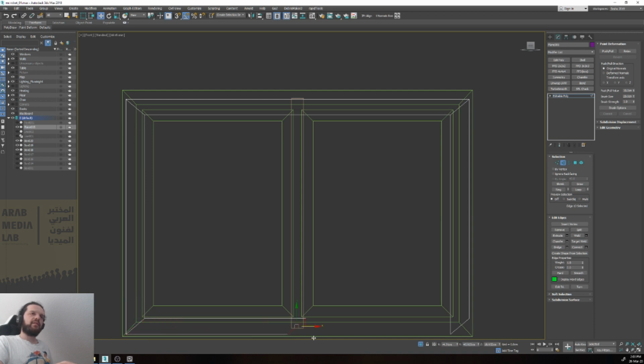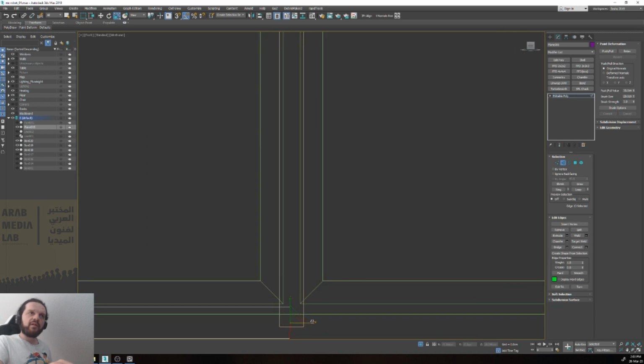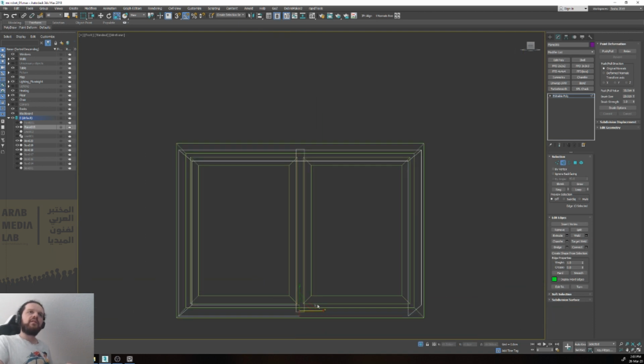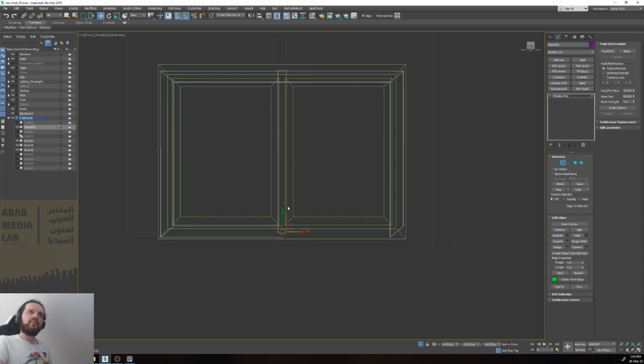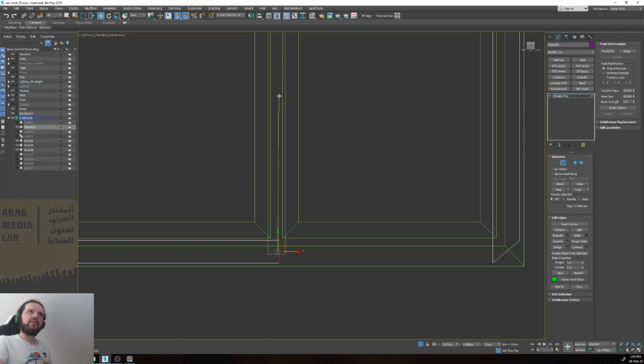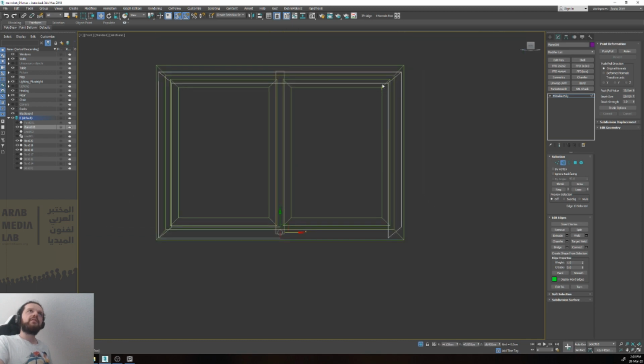Then extrude this. Scale it down so it's a straight line. Like this. Move it to here. To the center. Yes. I'm gonna do the same with this one. Scaling it so it's straight. You can also do it